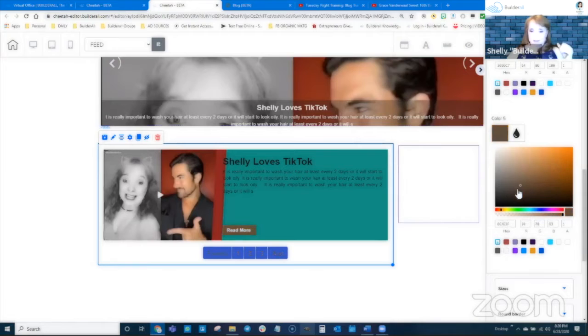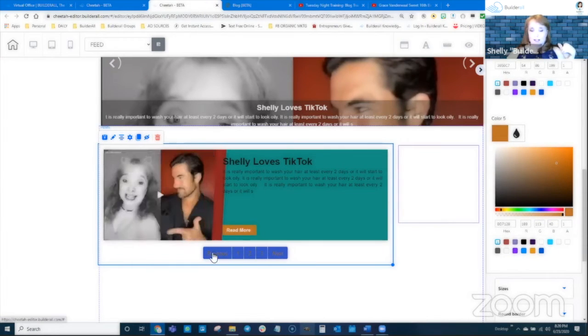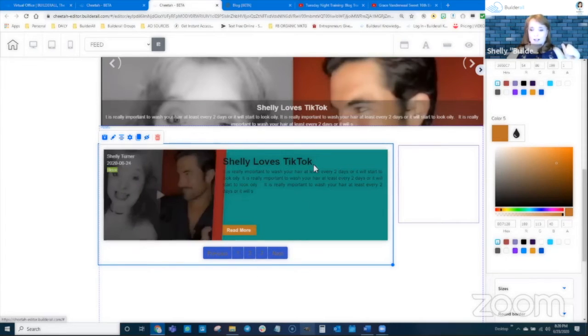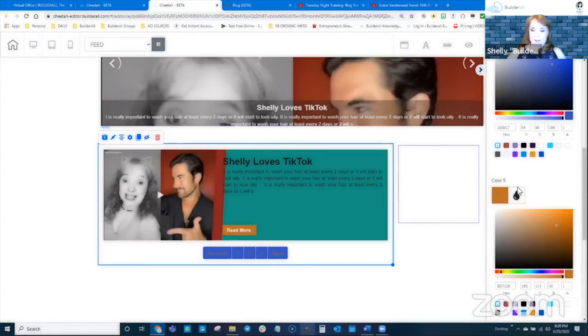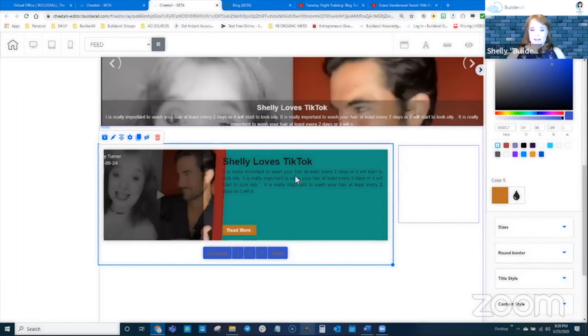Is that right? It actually changes the color of the read more button, which it shouldn't, but it changes the text color on the actual buttons for the pages. Okay. So you can see I've actually asked them to put the names of exactly what they affect. So those will probably be changing really soon as they change those to exactly what they affect. But you can see that allows you to really hone in on the colors of your website so they